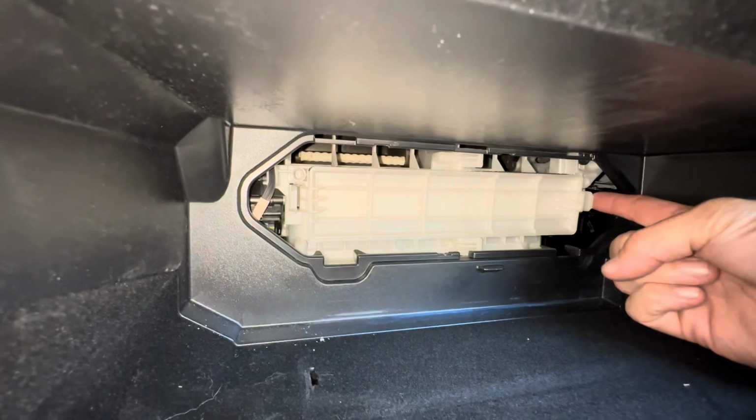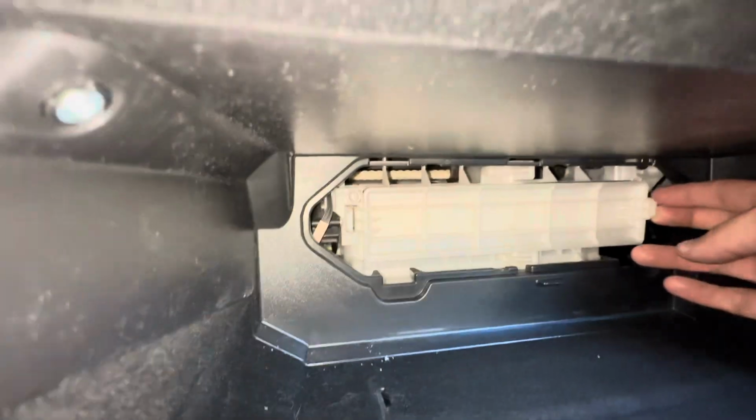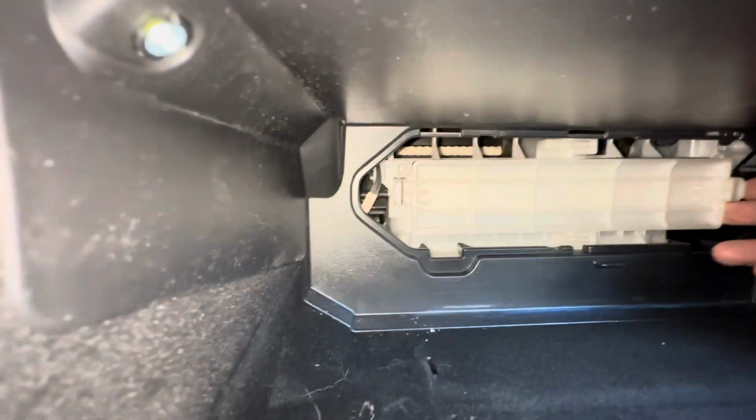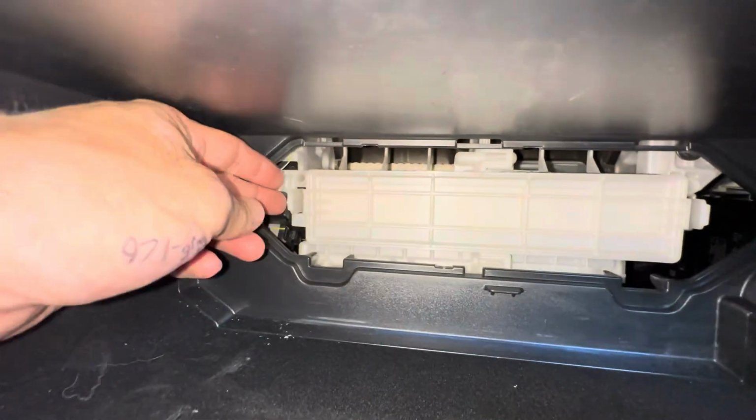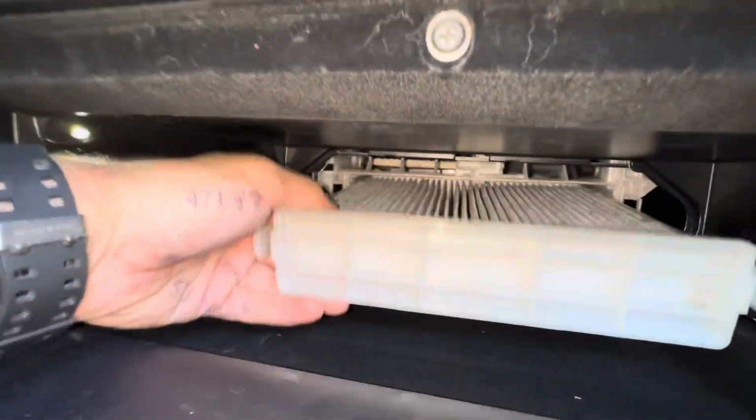So there's this tab here. We're going to push in and then we're going to pull it towards us. Okay, same thing with this side over here. We'll push in and pull it towards us. Okay, now the cabin filter's going to come out in this big retainer,